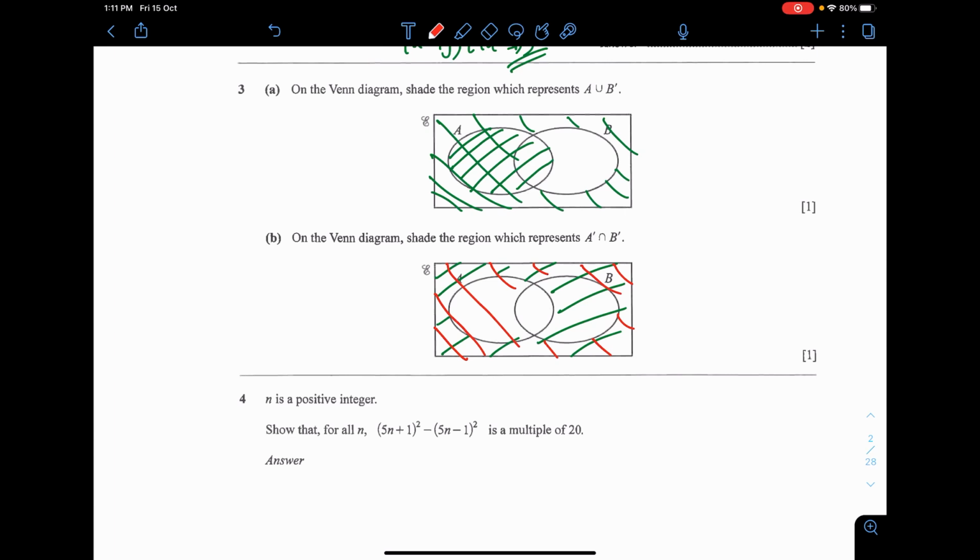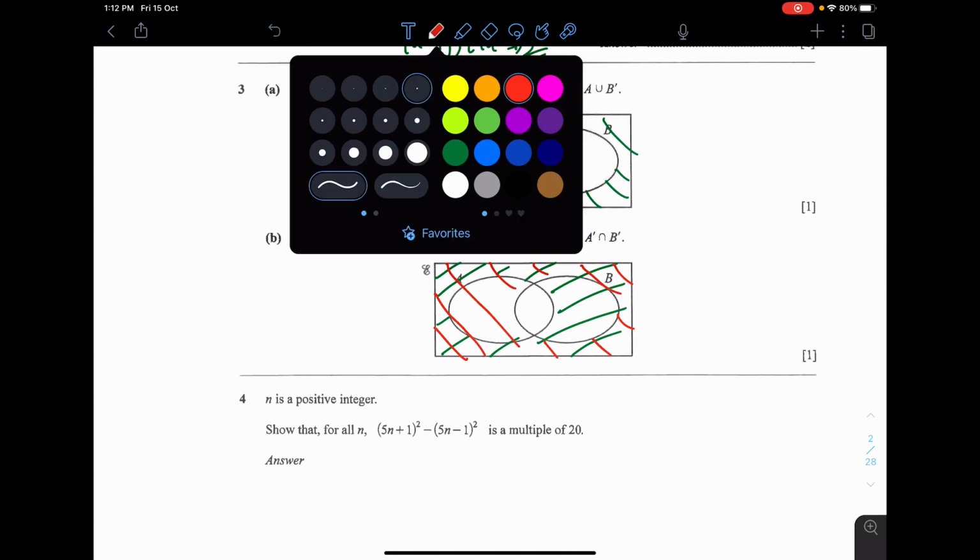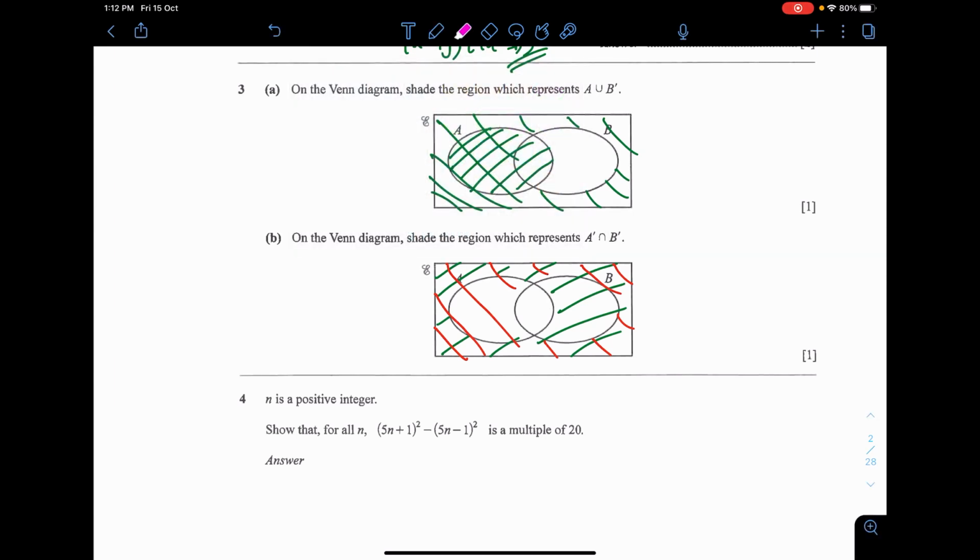Furthermore, what we are trying to find out is where they commonly exist together. In that case, the area that is shaded twice, on the different diagonals, is this one outside here. The answer is therefore this part that I colored in pink. Everything outside of the circles A and B.